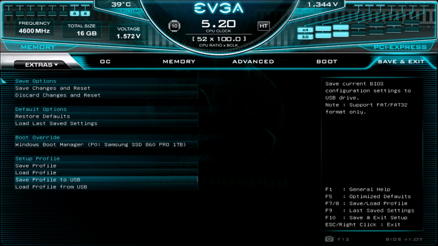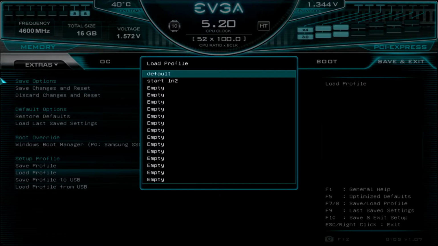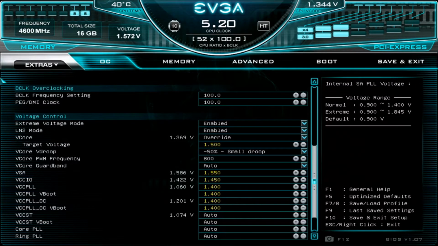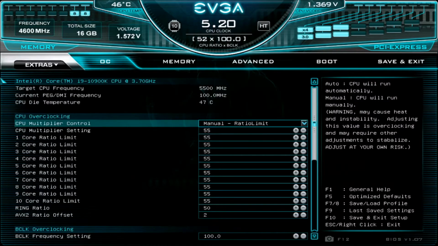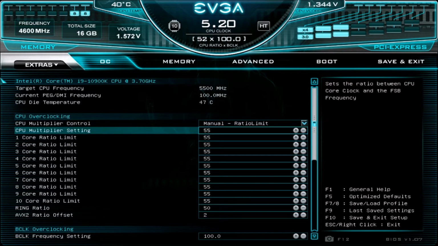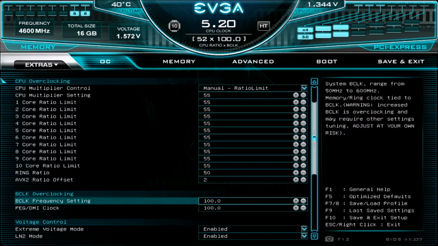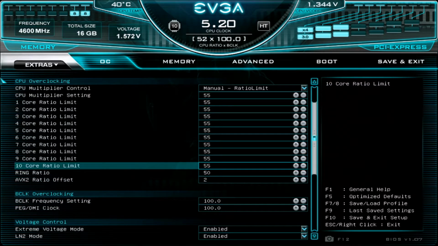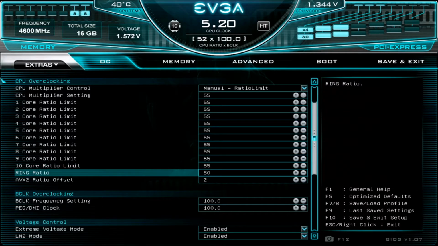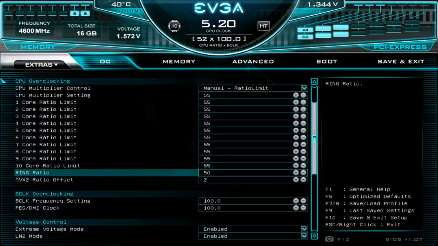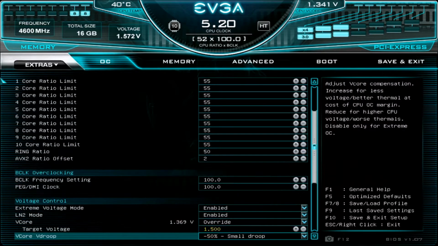So on another profile that I created, let me load that up. I left everything else, but I started with some really conservative settings. I started with my multiplier setting at 5.5 gigahertz across all cores. I know I could do this with LN2 relatively easily when I was on the Z490. Ring ratio, I bumped it up to 50, and that's just the cache